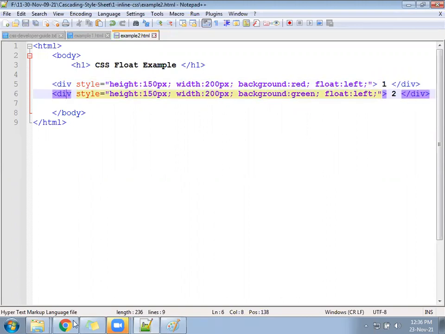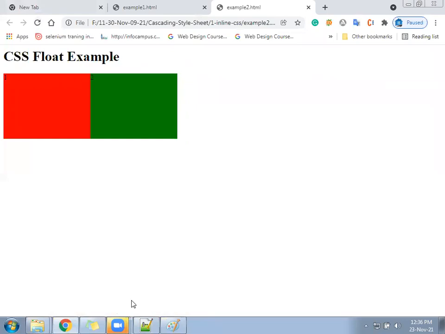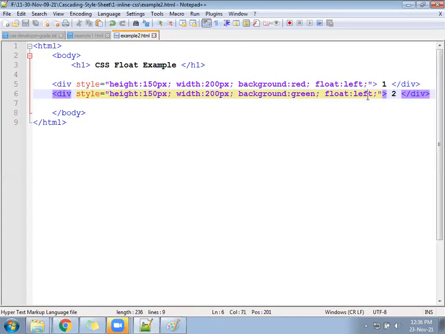Okay, let's go ahead. So we understood float left and right, what it will do. Float left and right will help you to align the content either from the left or from the right. Float left will help us to print from the left side. Float right will help us to print from the right side. Overall, it will help you to change from block to inline, not from inline to block. Only one way, from block to inline. We have another property that works both ways, inline to block and block to inline. But this will help you to convert only from block to inline.